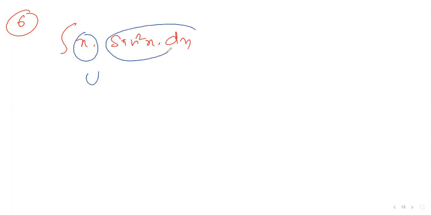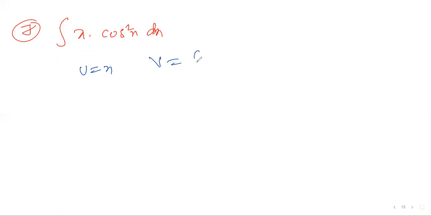Next, similarly, sixth question. Sixth question is what? Integration of x into sine square x dx. Am I clear? Yes, sir. So what you can do? This is a u, this is a v, the entire thing. U is equal to x, the v is equal to integration of sine square x dx. Clear or not? Yes, sir. So please, when you're doing the v derivation, you must be clear first of all. Then the answers you get are very simple. Now the sixth question is finished.